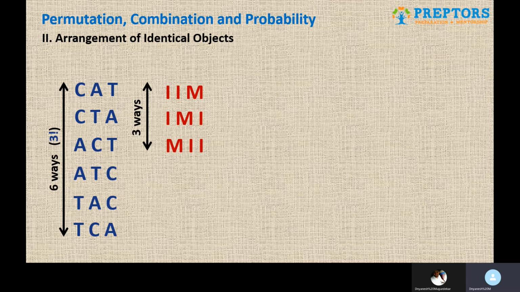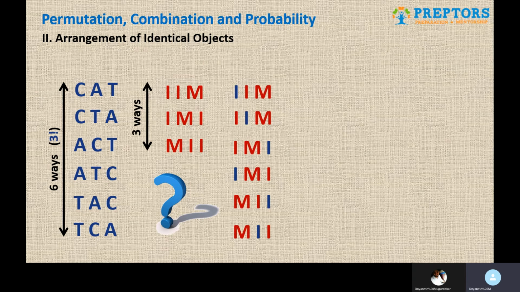But what if we say that the 2 I's are color coded, something like this? One is red I, one is blue I. Now you can uniquely identify them whenever they interchange their places. Sorry, you will be easily able to identify them based on the color coding. So that becomes unique.